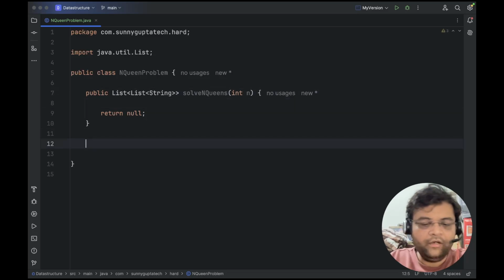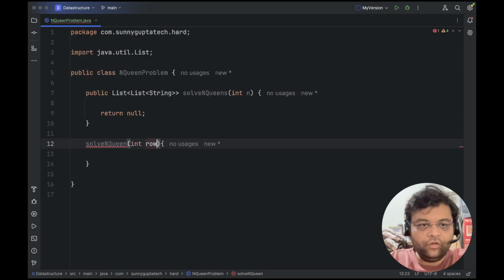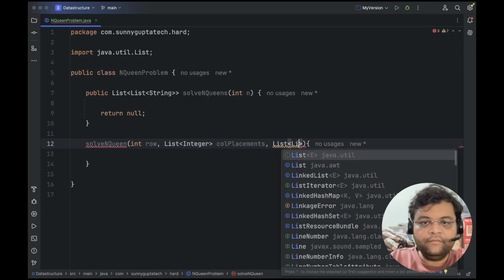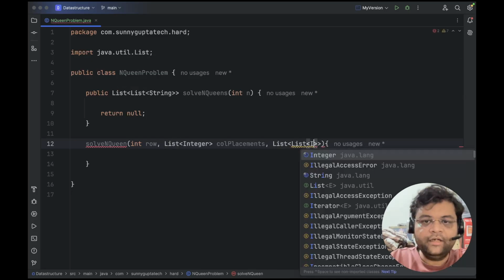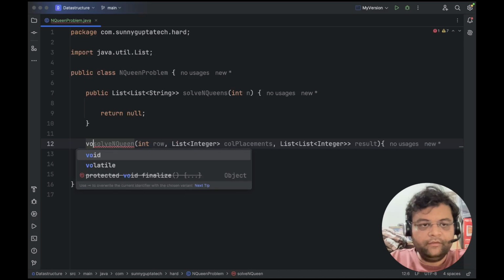We have solveNQueens, which will take, say, row, and a list of integers, which is column placements, and a list of list of integers, which will be our result, right? Now we'll say void for now,